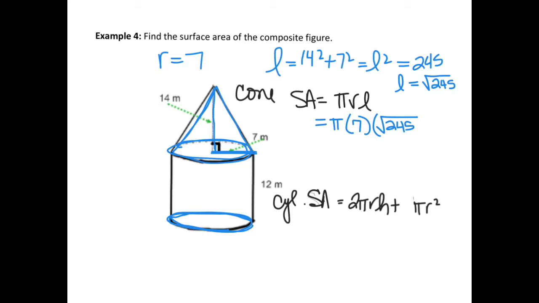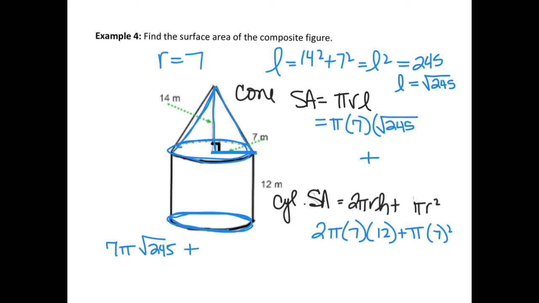And to that I'm going to add 2 times pi times my radius of 7 times my height of 12 plus pi times 7 squared. So I have 7 pi times the square root of 245 plus 2 times 7 times 12